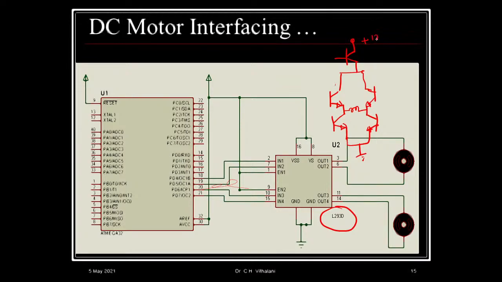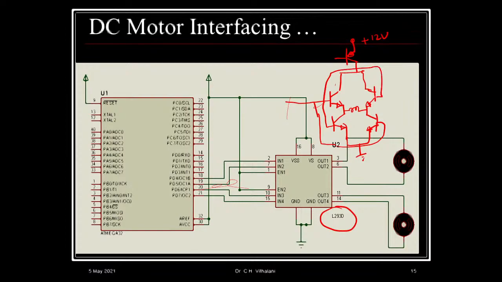There are different types of drivers. In some cases the H bridge has a PNP transistor as enable, some have an NPN transistor. If it is NPN, then at the enable pin you have to send logic high. If it is PNP, then at the enable pin you have to send an active low signal. And normally the cross transistor bases are connected together, in this way, and these two bases are connected together.